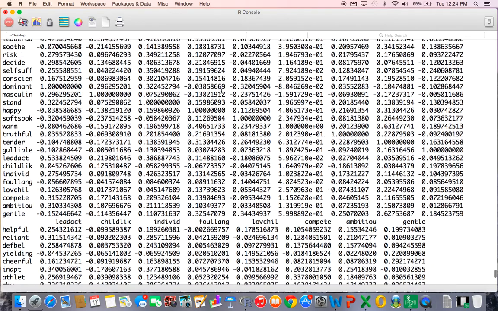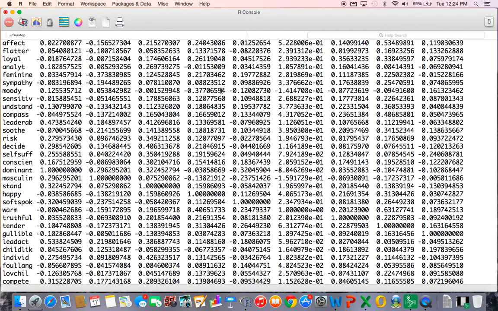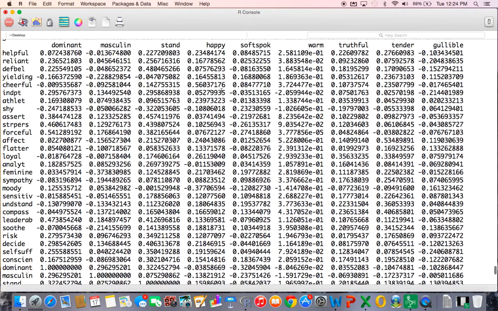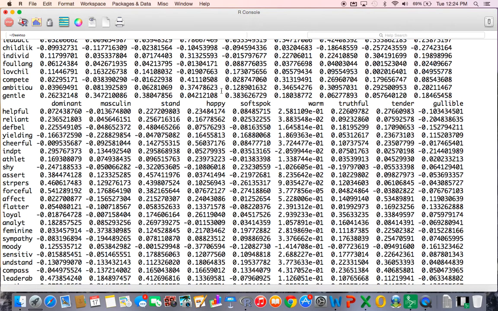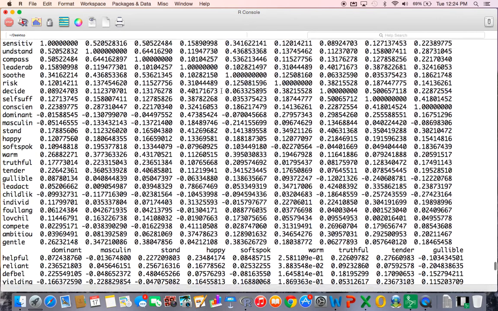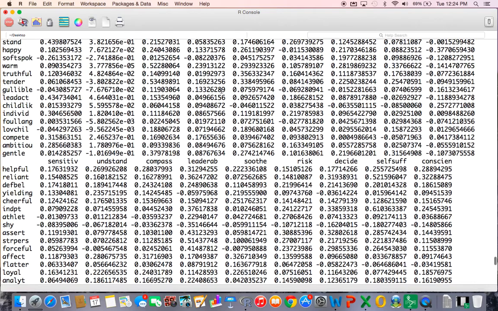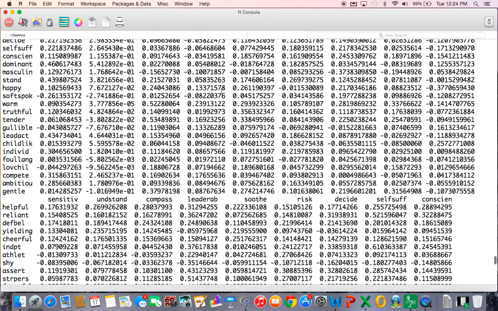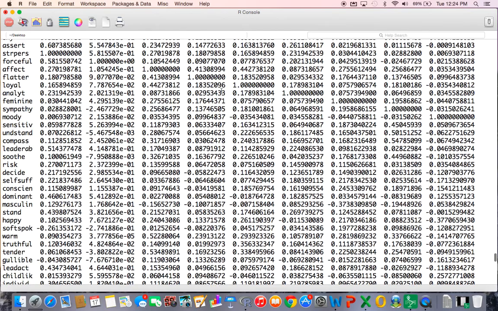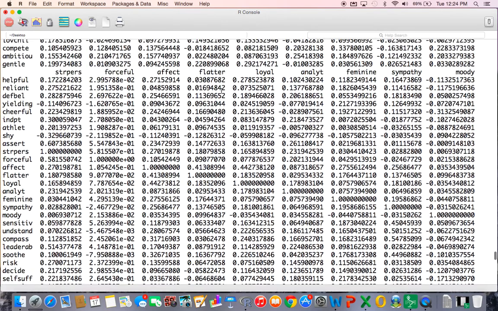And a point that I tried to make early on is when you have a lot of items like we do here. In the previous example, I think we only had 6 variables. And here we've got 44 after the deletion of something.